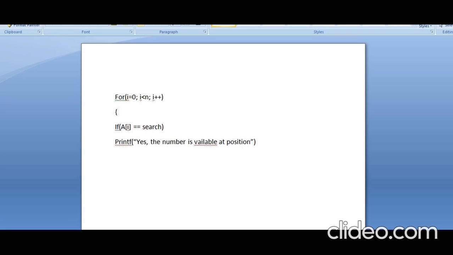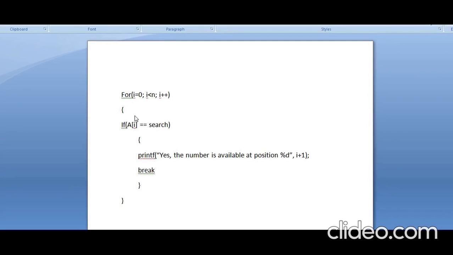Position always starts with 1. It is never ever starting with 0. So if A of I equals to search, and it is available, we are printing yes, the number is available at position percentage d.